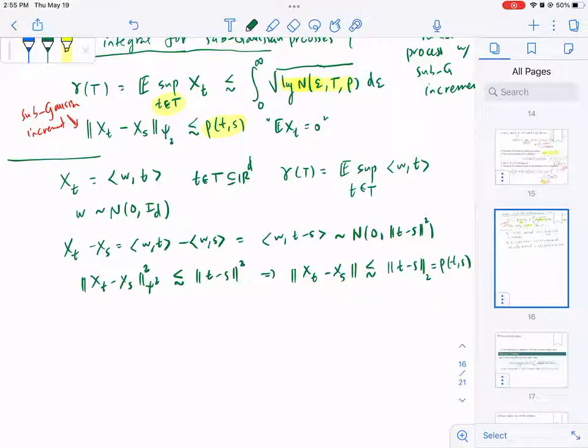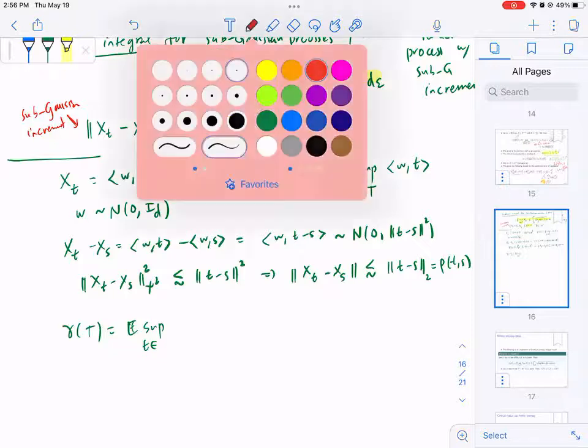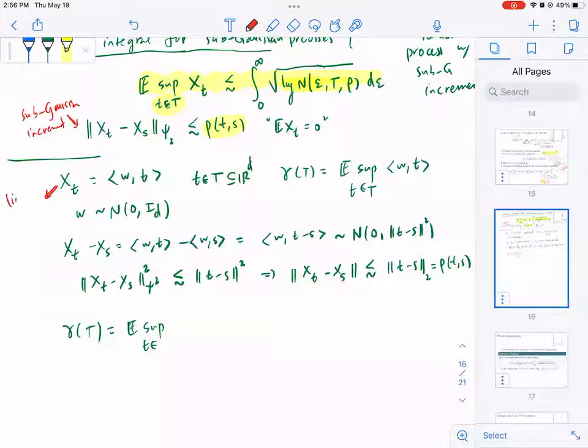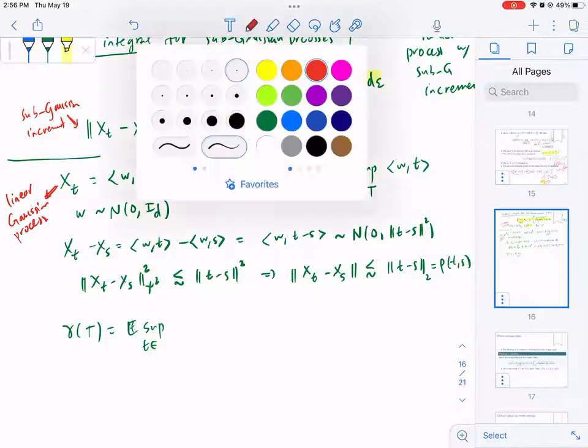So if I apply Dudley's integral, it would tell me the Gaussian complexity, basically the Gaussian width, of any set. I shouldn't call this gamma. This is general; for a general sub-Gaussian process, gamma would be this for this particular process. This is a linear Gaussian process. So for this one, you would get,